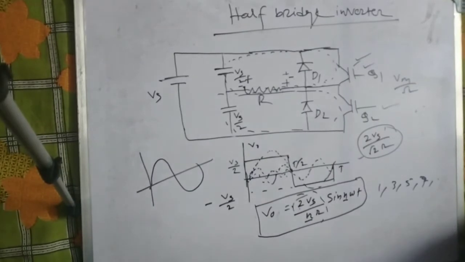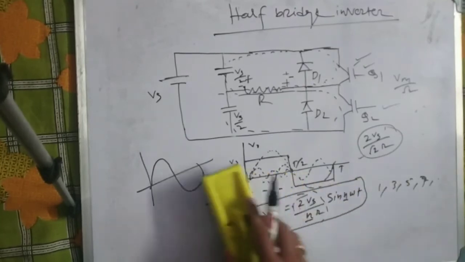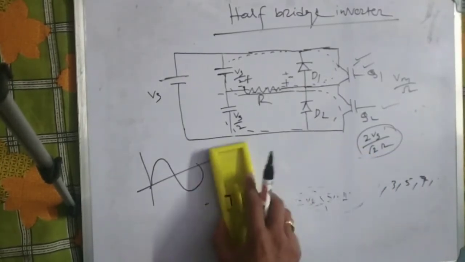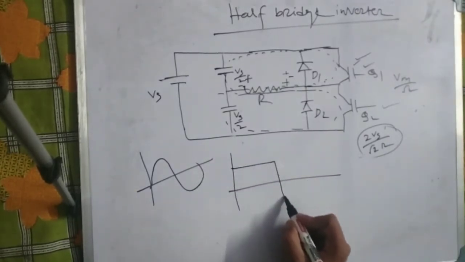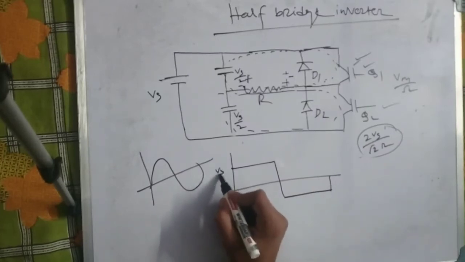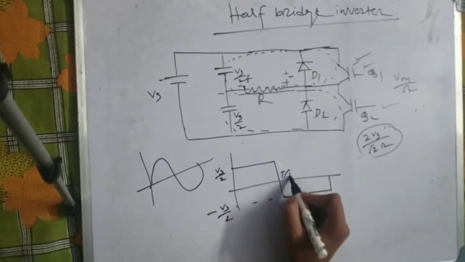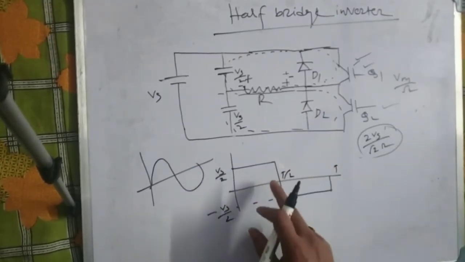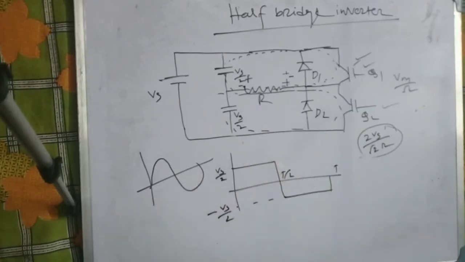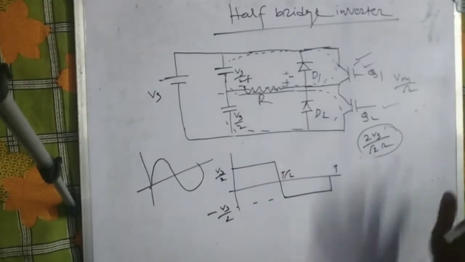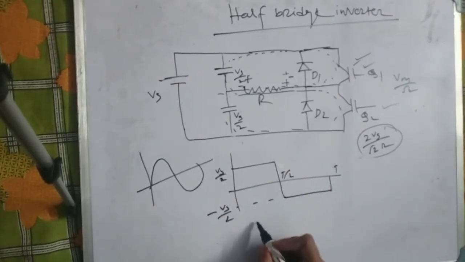Now if we analyze the normal RMS voltage. Let me try it again. The output voltage we have already tried. We will be getting Vs by 2 and minus Vs by 2, and this is minus Vs by 2, T by 2 and T. If we want to get the RMS value of this voltage, not harmonic, all harmonics will be present there. First harmonic, third harmonic, seventh, whatever may be, we will be getting total harmonic. So what will that be?